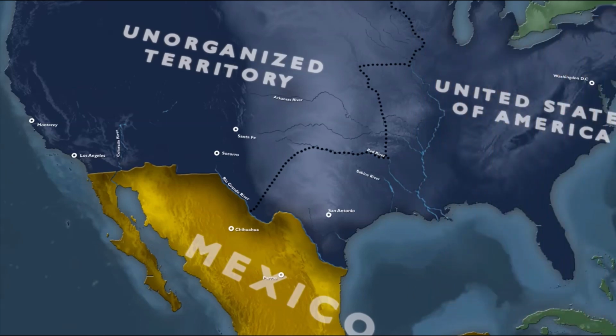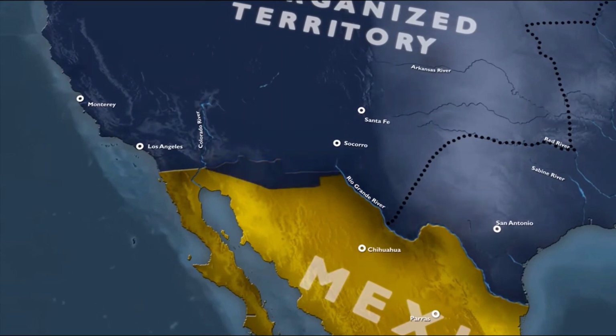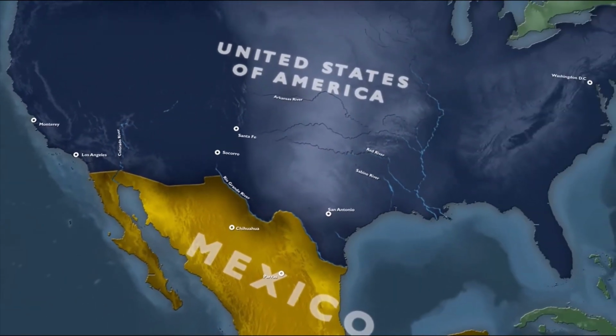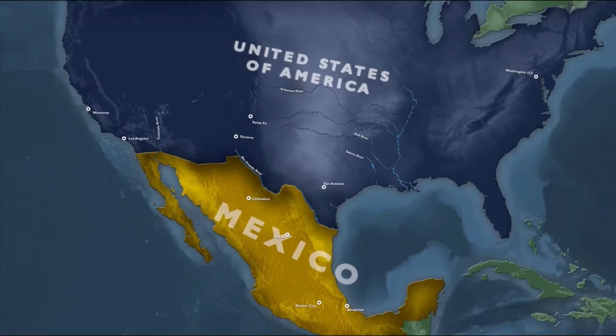With Texas and the secession from Mexico, the U.S. gained more than 900,000 square miles of land. The Gadsden Purchase was another acquisition for the United States and fixed the current border between Mexico and the USA.